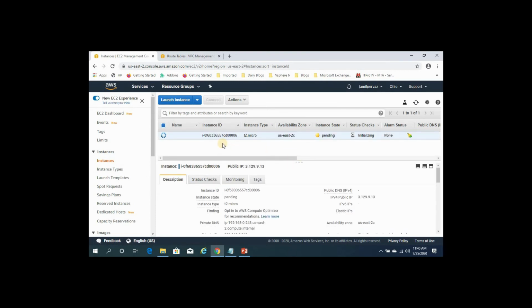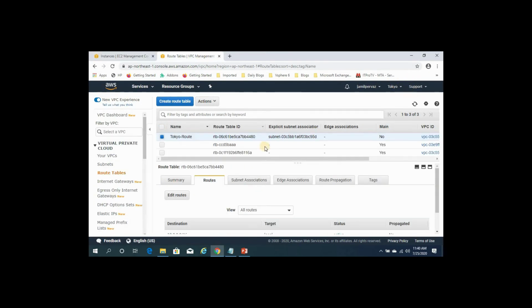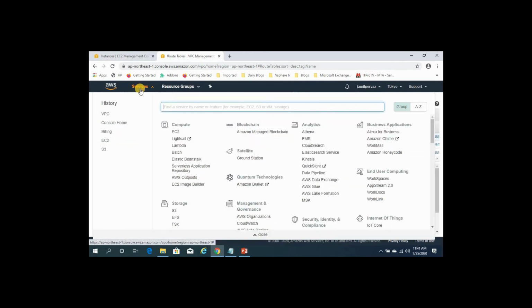So now our instance in the Ohio region is initializing. So give it a name, Ohio server. Let it complete. Now we need to create one instance in our Tokyo region. So go to your Tokyo region, click on services, click on EC2.